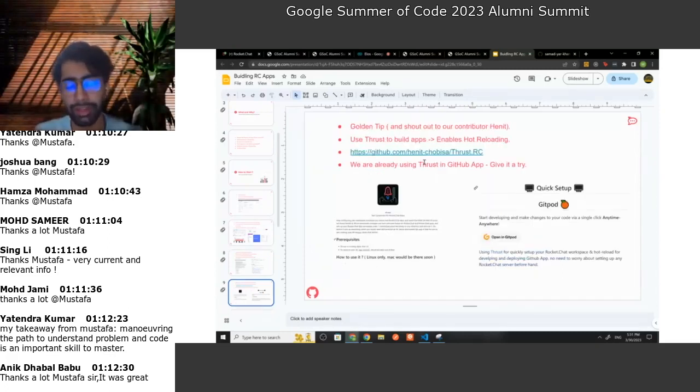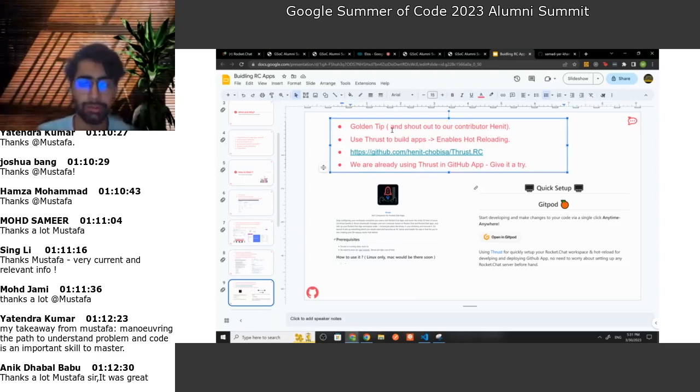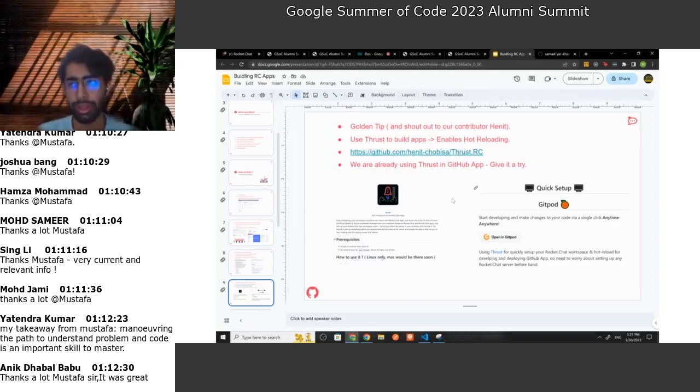So building RC apps, especially, you have to change the app and put it on the server again and again. So our contributor Kenneth built this thing called Thrust. It's not that famous yet among RC, but I have been using it for a while now. It's a project that he made all by himself with no sort of guidance from folks. So what Thrust does is that Thrust will help you build apps faster. Thrust will push the app to the server itself, and it will make it seem like building a React app. So it will just push the thing that you changed